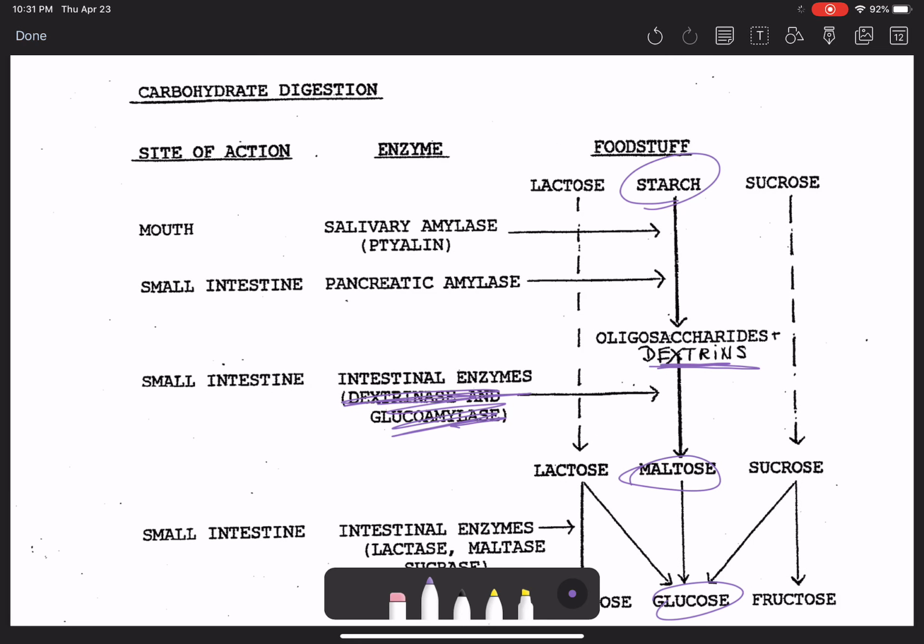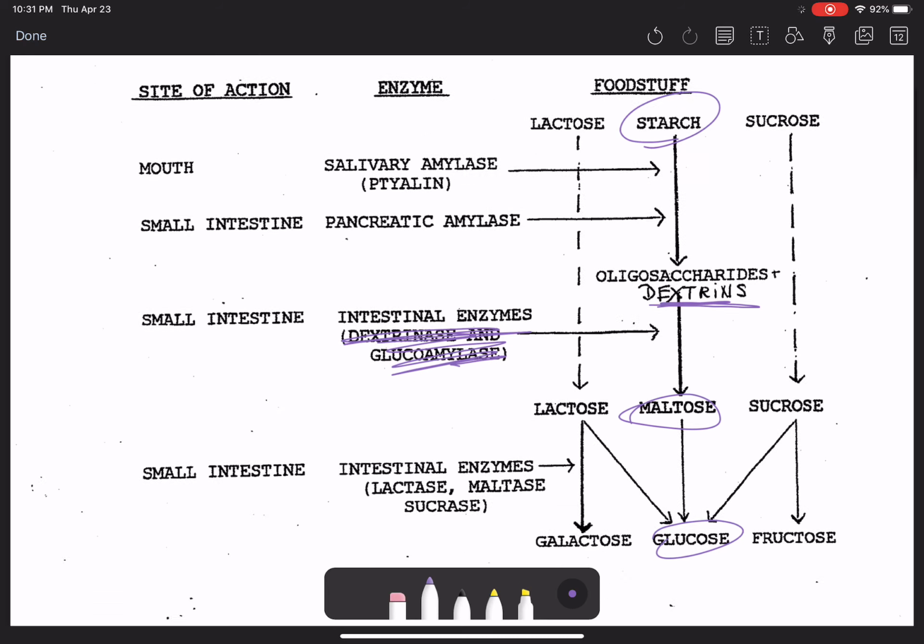So lactose is milk sugar. It's just a combination of glucose and galactose. And both glucose and galactose are monosaccharides, right? I think you knew that glucose was a monosaccharide, but I just wanted you to remember that galactose is in fact also a monosaccharide. So what happens with lactose